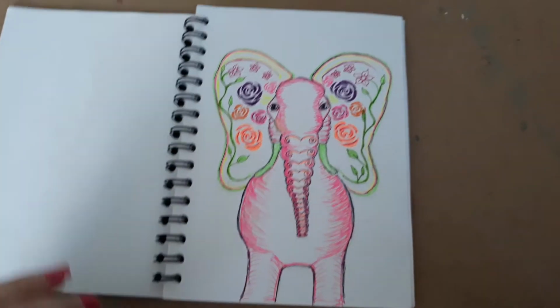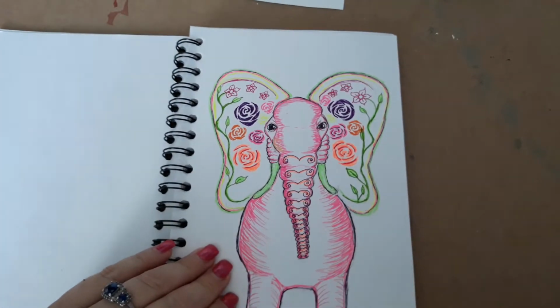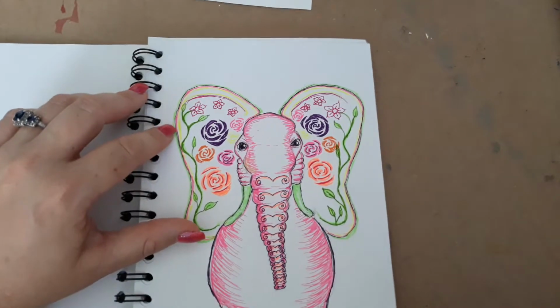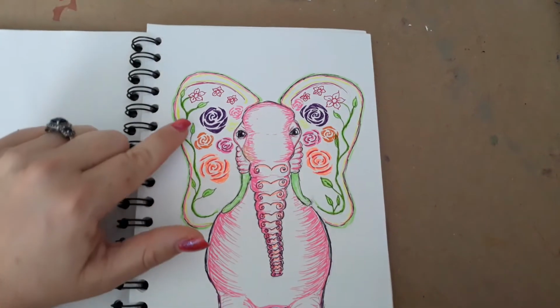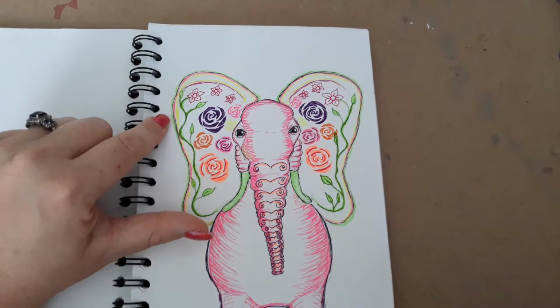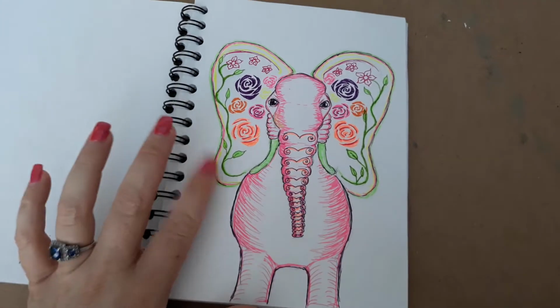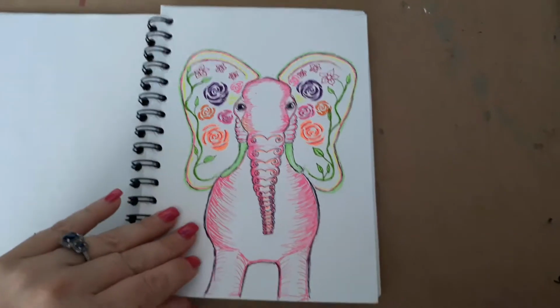Oh, they're all in a bag. I'll show you guys later. I have quite a few pens that I've been using, and these ones, it doesn't even show up in this video, but they're super bright, like highlighter yellow and highlighter green, kind of highlighter yellow. Oh, yellow, pink. All right,